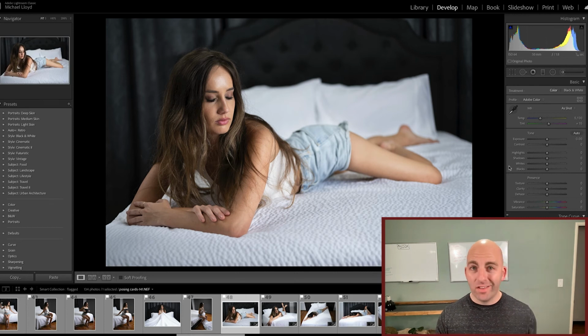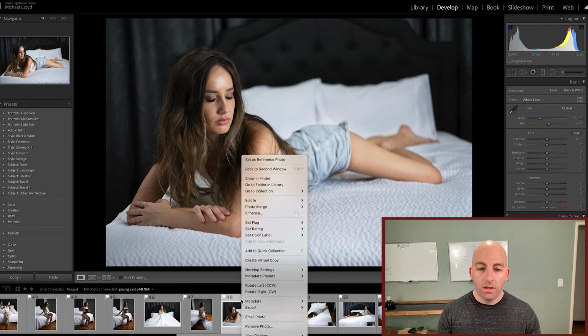Okay, so last thing I want to go over is using plugins. What's cool about Lightroom and Photoshop is there are other programs that will allow you to edit their images natively in Lightroom or Photoshop. So Portraiture is one of my favorite programs. I use it for all my skin smoothing. So what you can do,